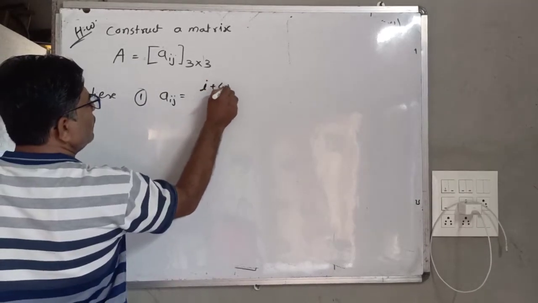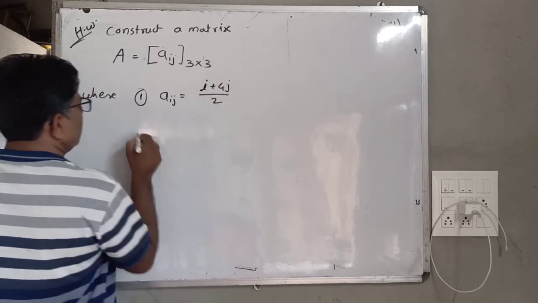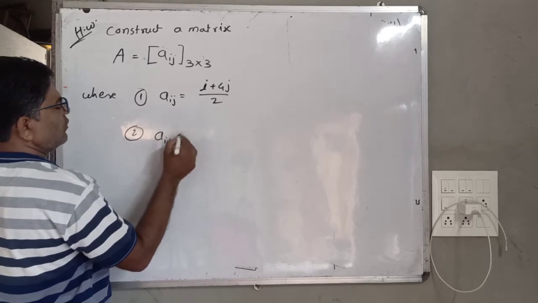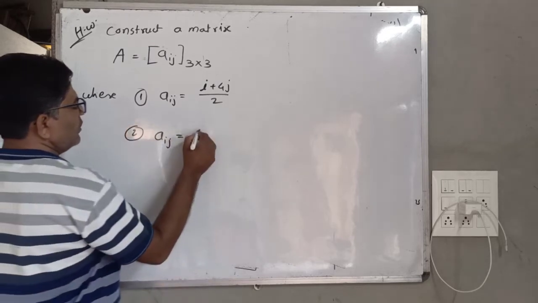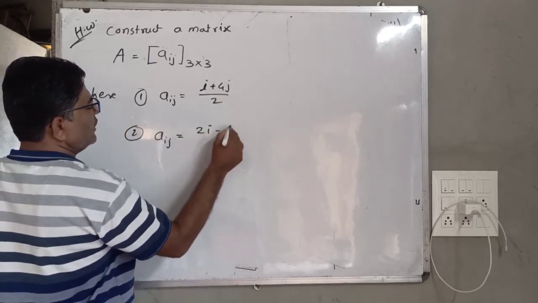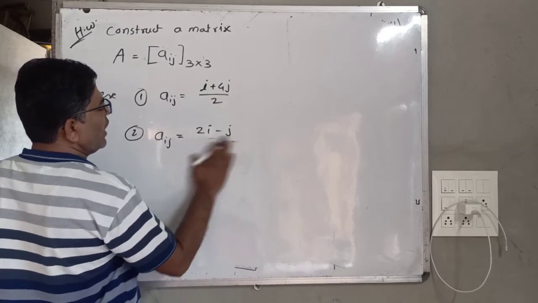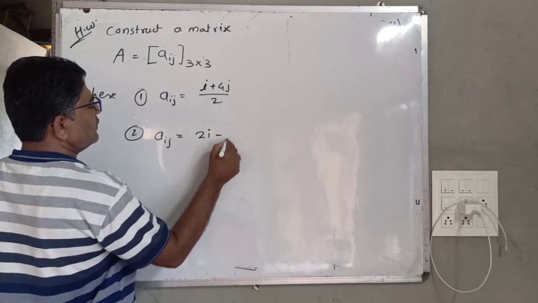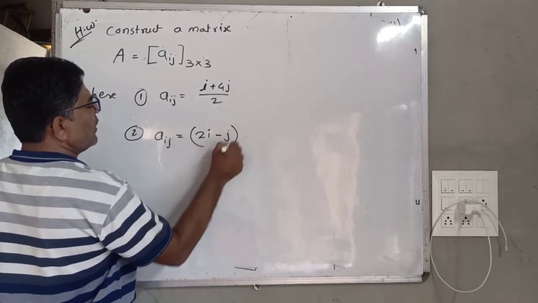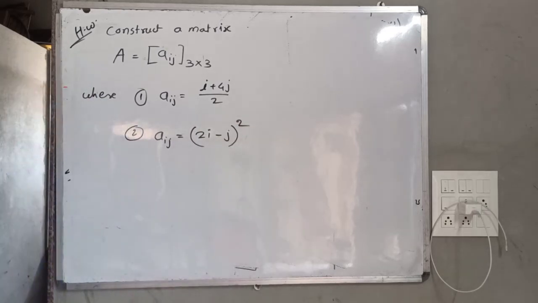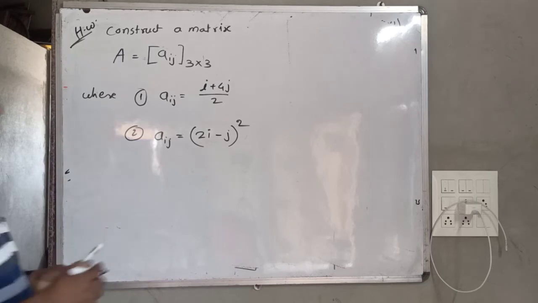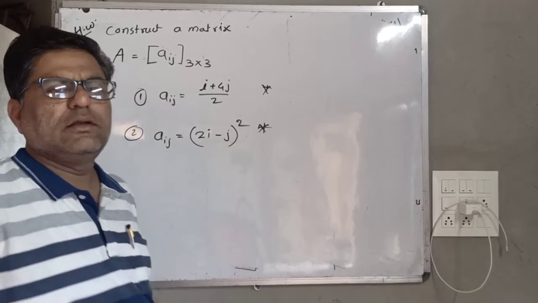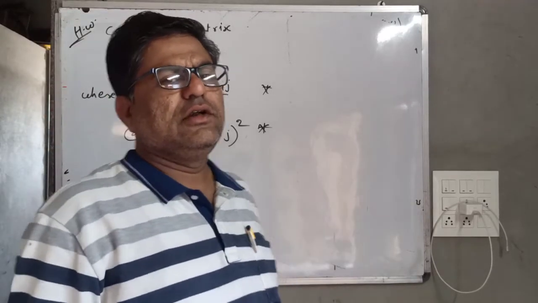And the second one is Aij equal to (2i minus j) whole square. Just simplify these two examples,